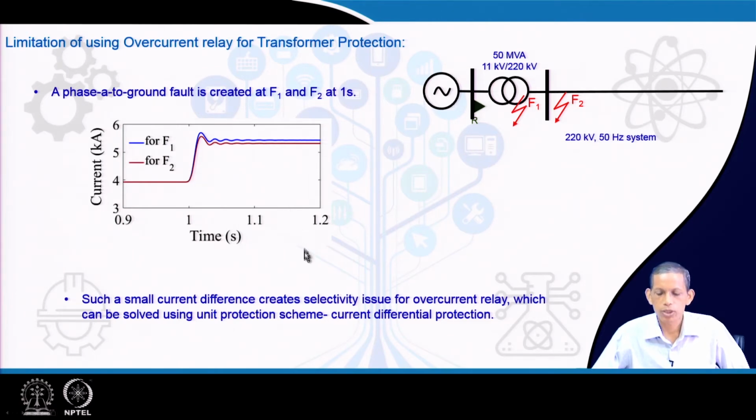Thus, we see that the overcurrent principle has a selectivity issue, and it is not only the relay; a similar situation can be observed for the fuse also, because that is also based on the overcurrent principle. That gives us the scope for unit protection, particularly the differential relaying principle,